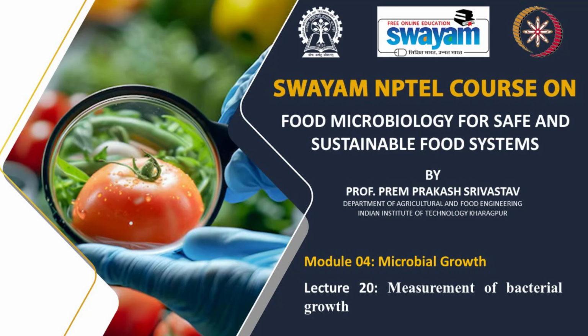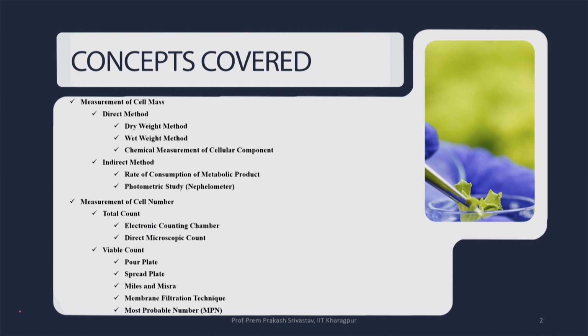In the last lectures, we were discussing microbial growth and we have seen the various factors affecting the growth. Now, in this lecture, we will be measuring the bacterial growth. And the things we will include are the direct method, dry weight method, wet weight method, chemical measurement of cellular components, and indirect methods like rate of consumption of metabolic products,